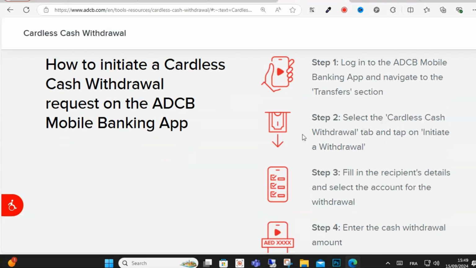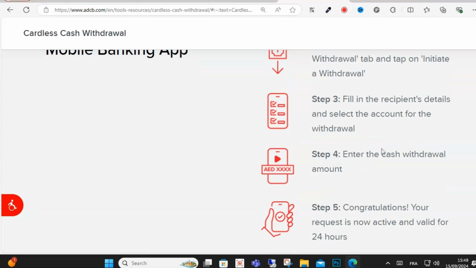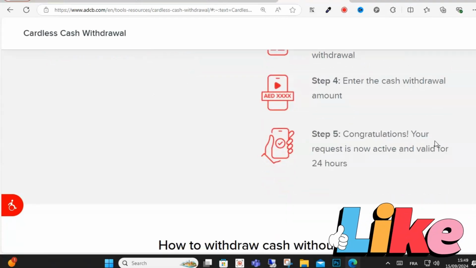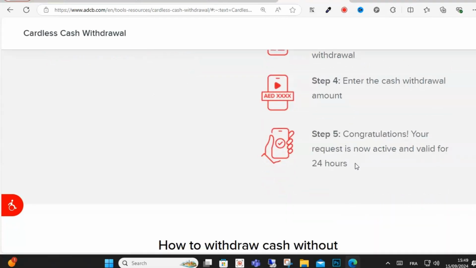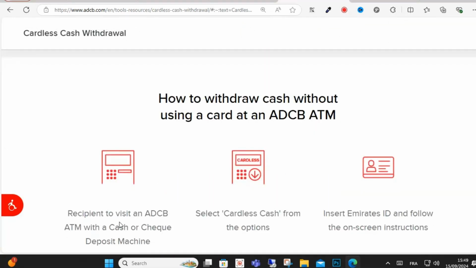After that guys, select cardless cash withdraw and tap initiate and withdraw. In step 3, fill in the recipient details and select the account for withdrawal. In step 4 guys, enter your cash withdrawal amount. And in step 5, your request is now active and valid for 24 hours. And when your recipient visits an ADCB ATM guys and selects cardless cash,